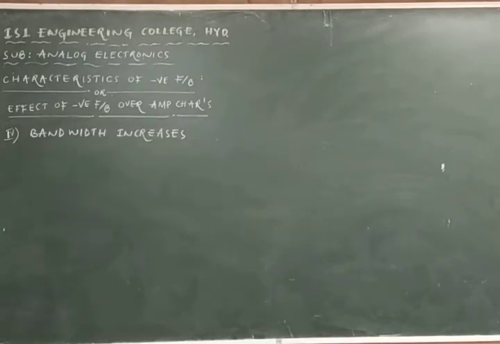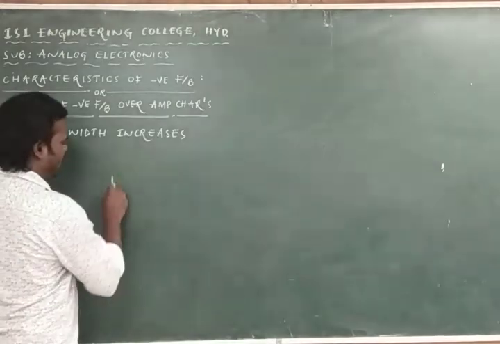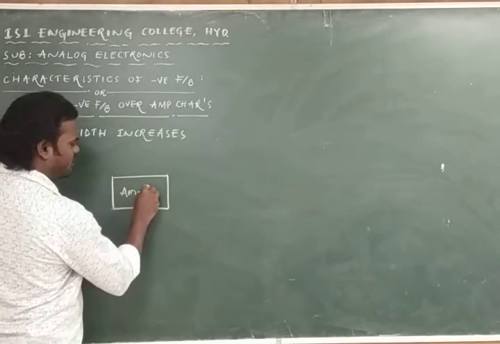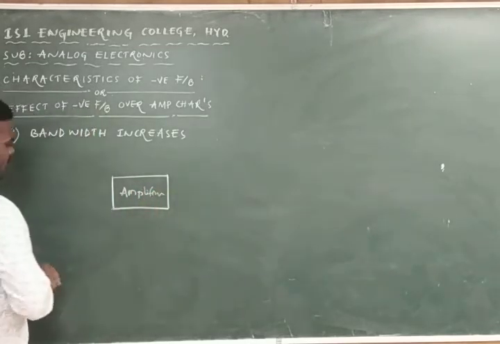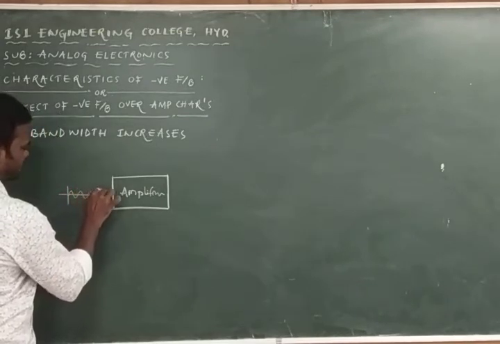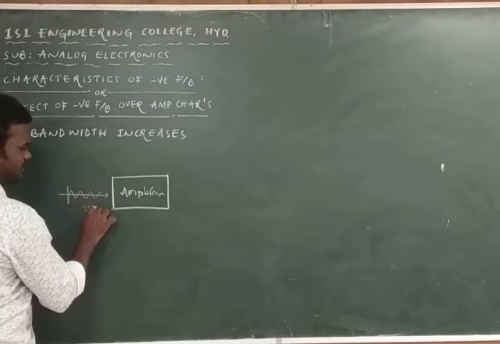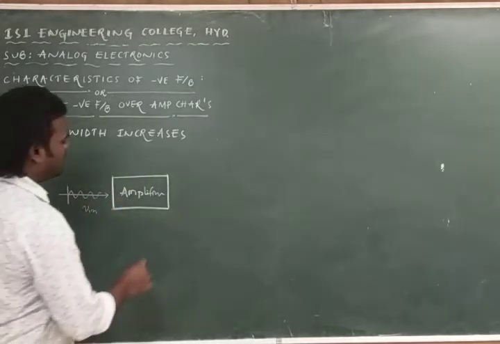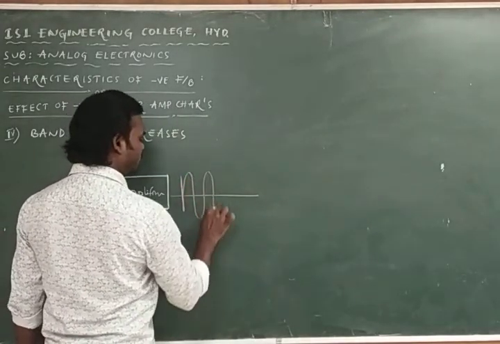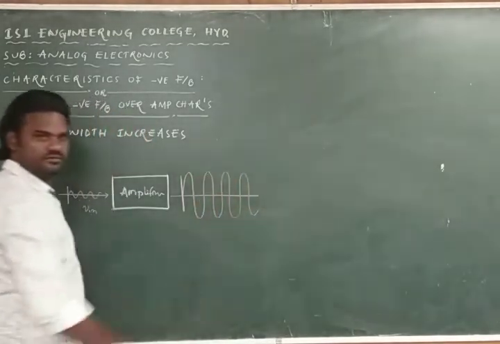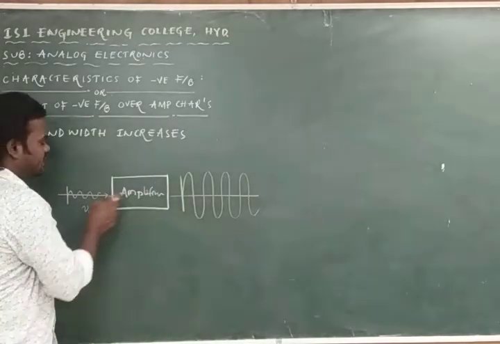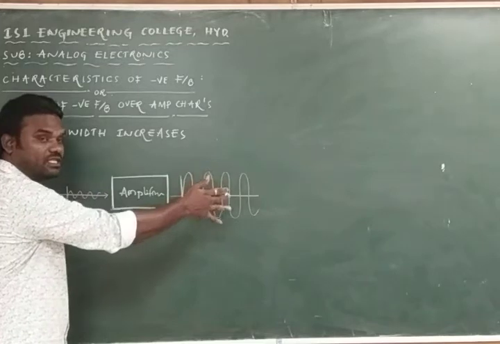See this one. Everyone has to see. Assume that this is an amplifier, and we know the amplifier function. To the amplifier, I am giving a very weak signal as an input. This I can call V in. If it is a good amplifier, the amplifier has to provide the strengthened signal at the output. An amplifier is an electronic circuit which increases the strength of the weak signal. The same signal we are getting with more strength.